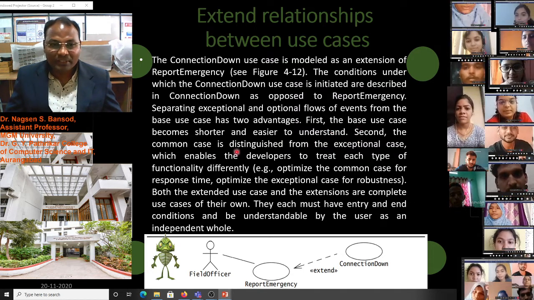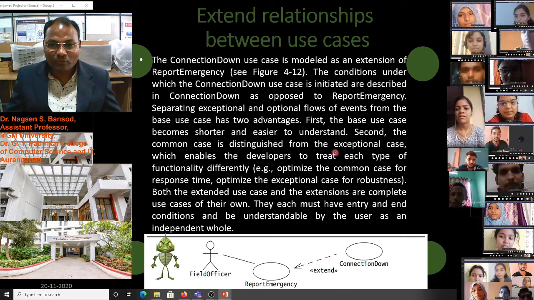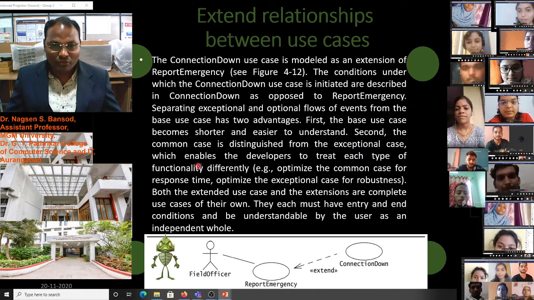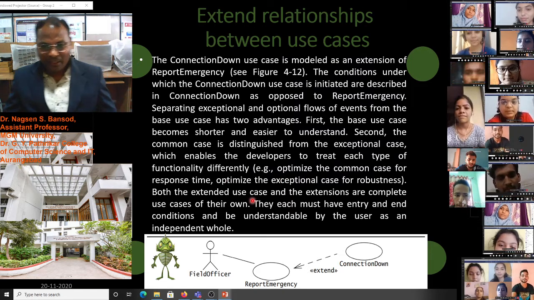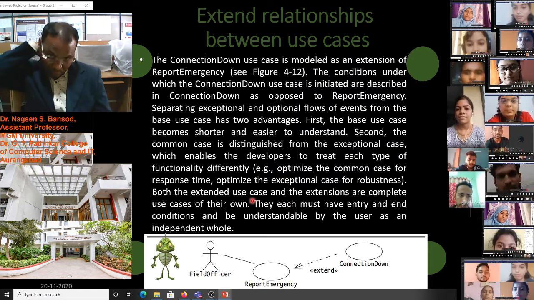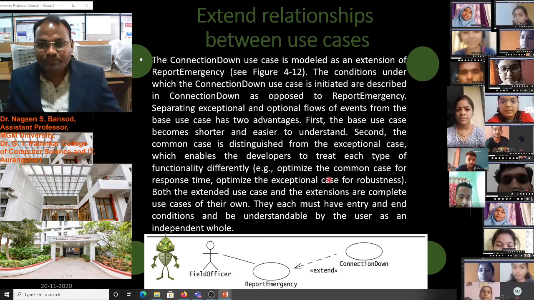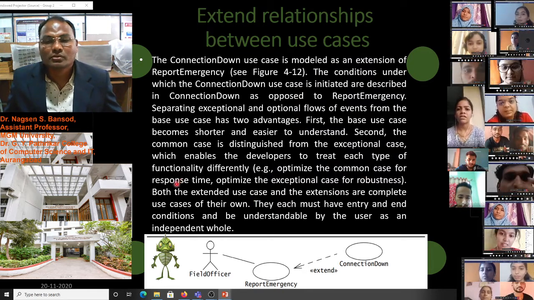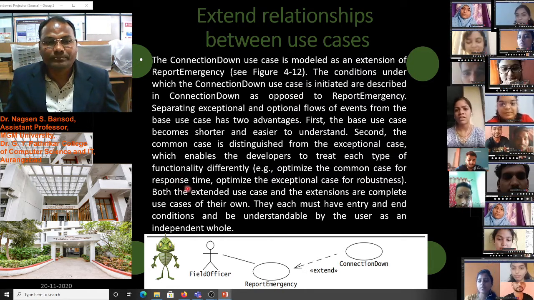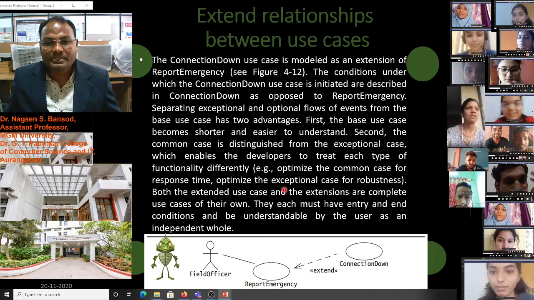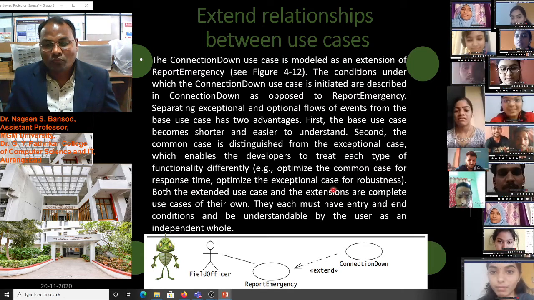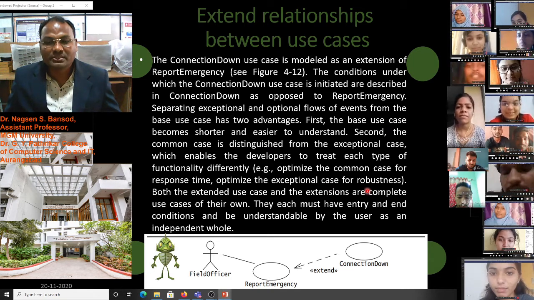And second, the common use case is distinguished from the exceptional use case, which enables the developer to treat each type of functionality differently. Example: optimize the common case for response time, optimize the exceptional case for robustness.